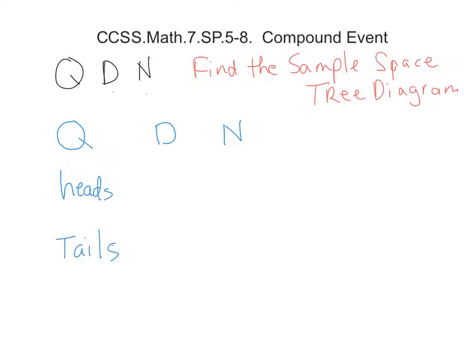All right. And now the second coin I'm going to toss a dime, and I'm either going to get a head or a tail. And if I have a tail here, I can get a head here and a tail on the next toss. Well, on the third one, I can go here to toss a nickel. I can go from here and I get a head or a tail,